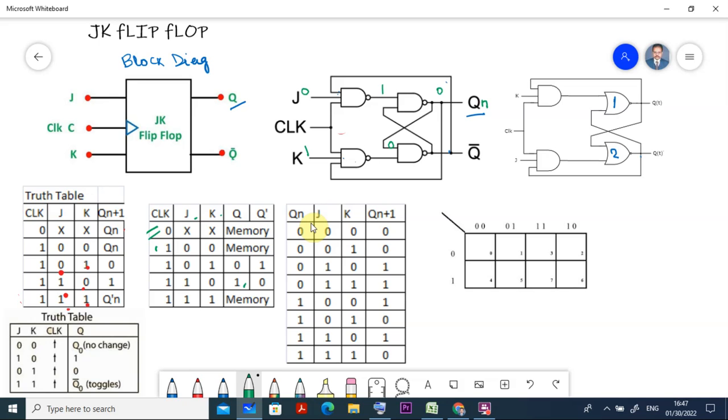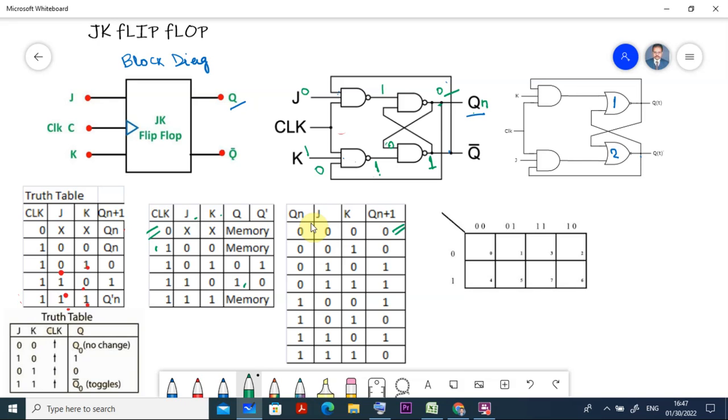In the first case, if q1 is equal to 0, then this 0 comes here, because this output q1 is provided as the input here, so that becomes 0. When one of the inputs is 0, this also becomes 0, and finally the output is equal to 1. When it is 0 and it is 1, the output will be 0, and the inverse of 0 is equal to 1 here. So Qn+1, that is the new state, the new q1 becomes 0, because the output coming here is 0.